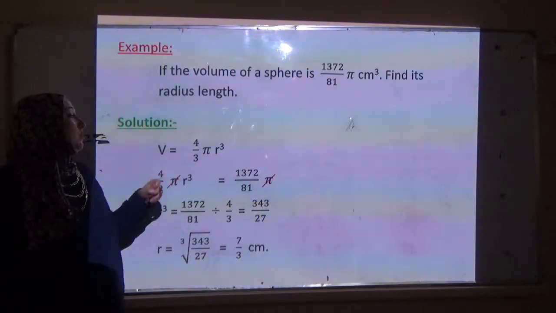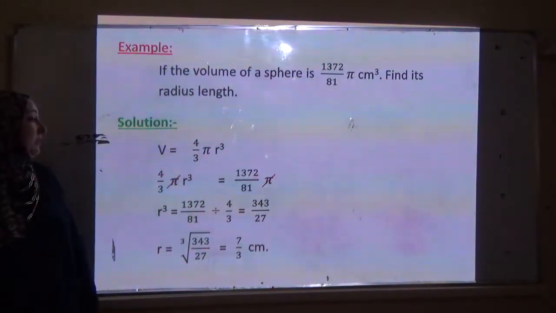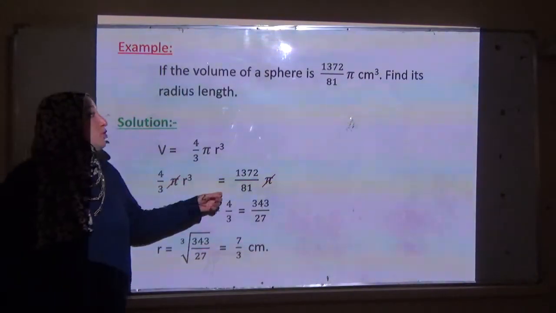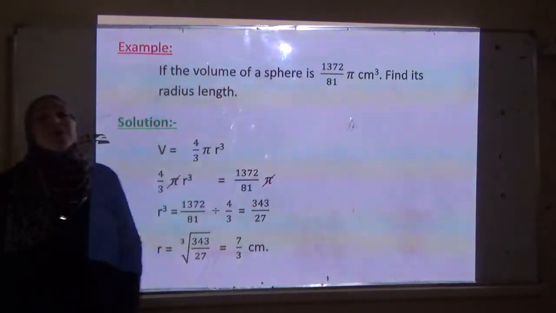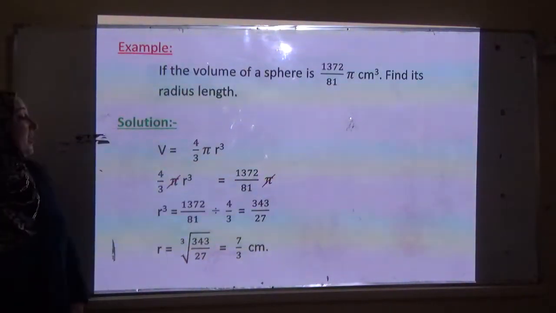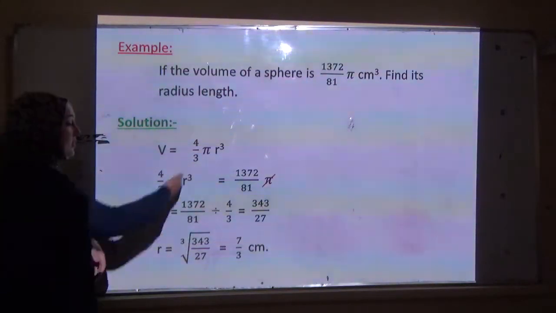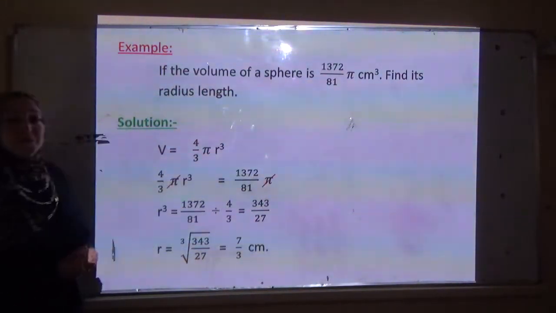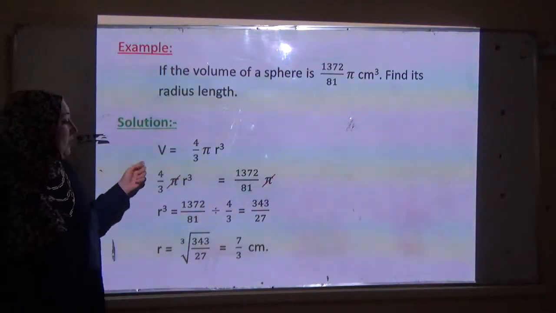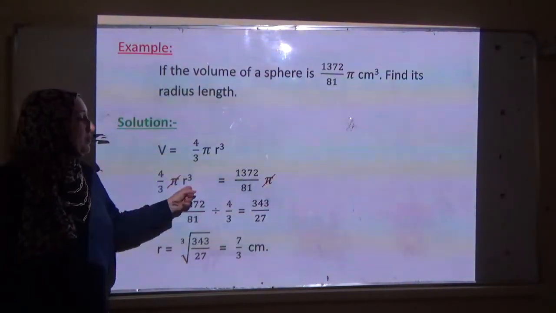Volume equals 4 over 3 pi r^3. Our volume equals 1372 over 81 pi. We can cancel pi from both sides. Now 4 over 3 r^3 equals